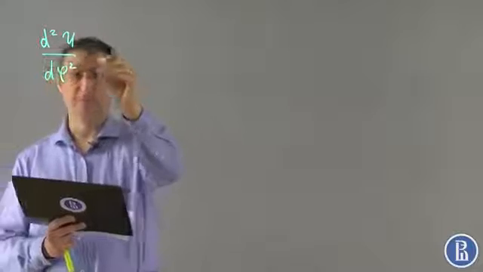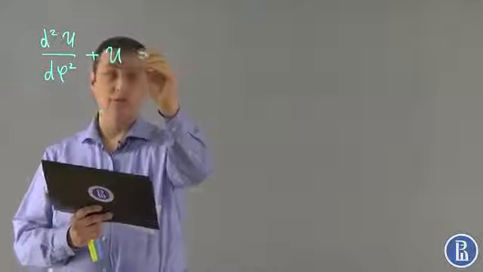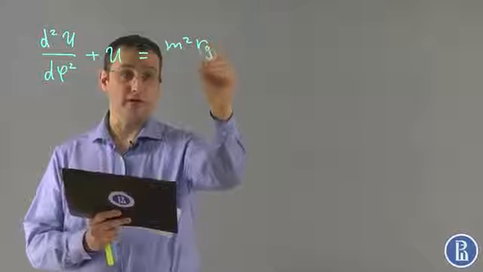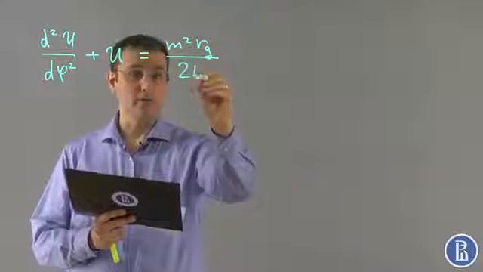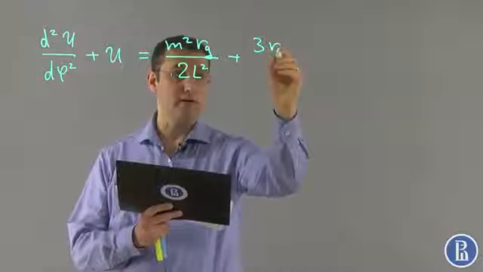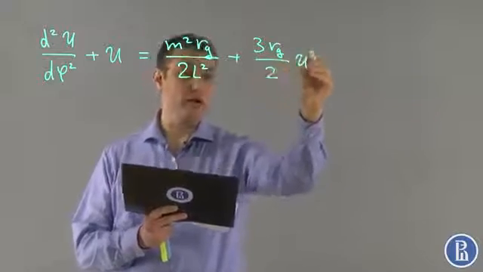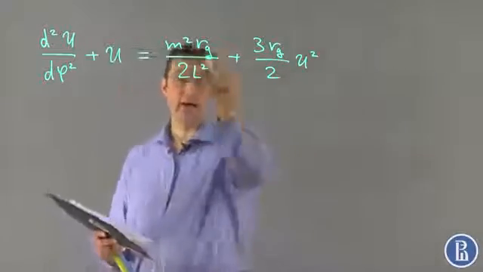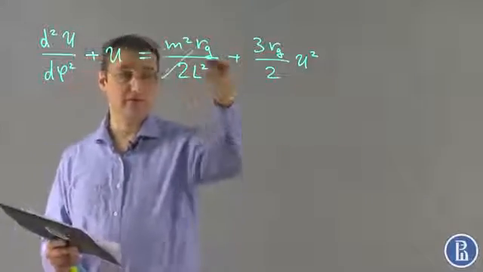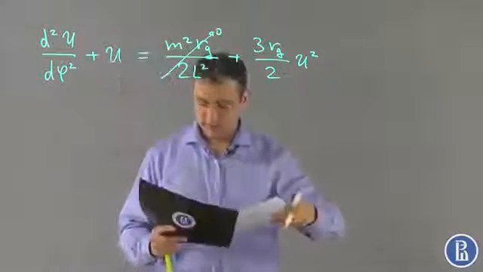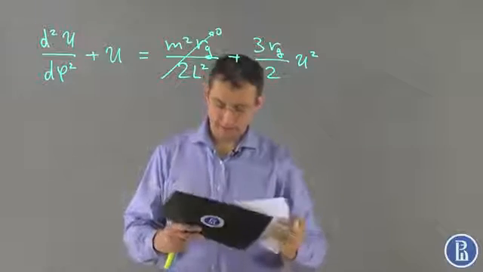Let us continue with the light-like particle motion in the Schwarzschild background. So we have obtained the following geodesic equation for the geodesic in the Schwarzschild spacetime, which is as follows: m squared rg divided by 2l squared plus 3rg over 2u squared. So this is for the massive particle motion, but for the massless this is 0. So we obtain the following equation for the massless particle: